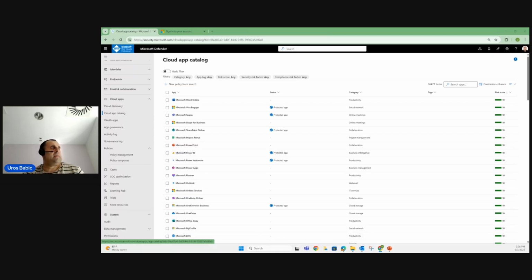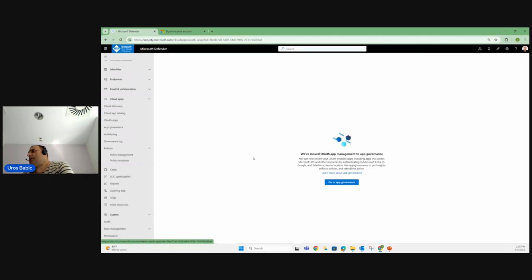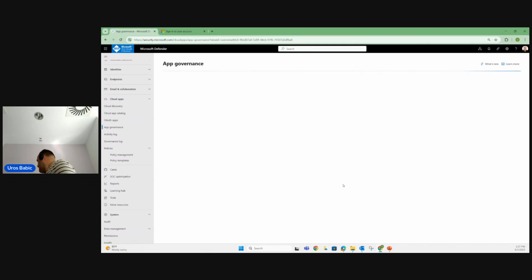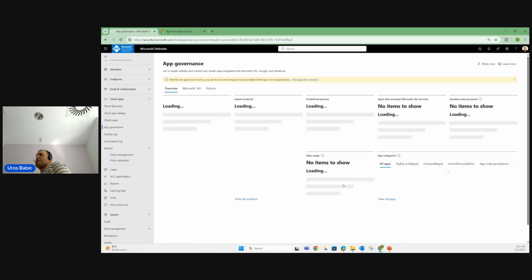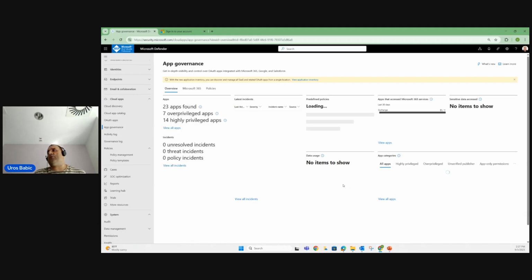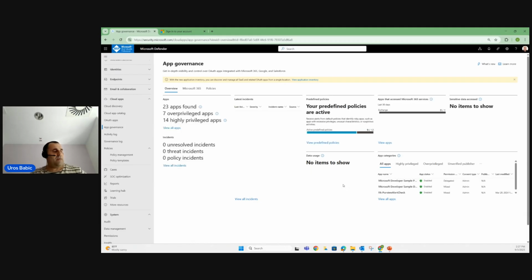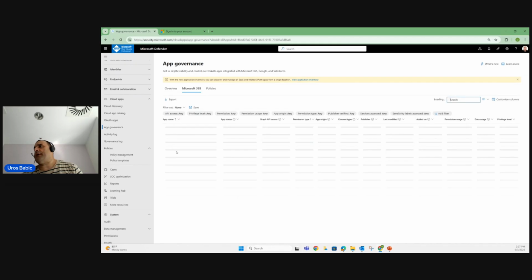You can define actually regarding the catalog filter, and you can see here the basic filter for application, for standard scope, how to customize columns, risk score, and regarding everything. And also for all OAuth applications, I can go into my application governance and define many other topics. It is very important to have this solution. And when I go into view all applications, I can